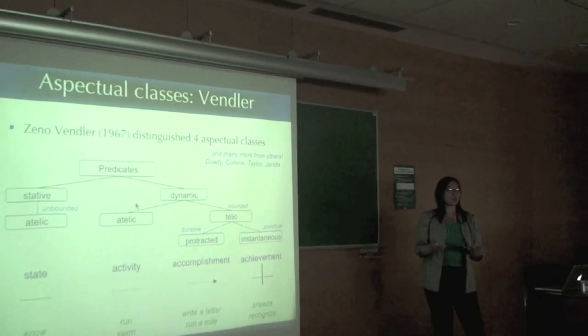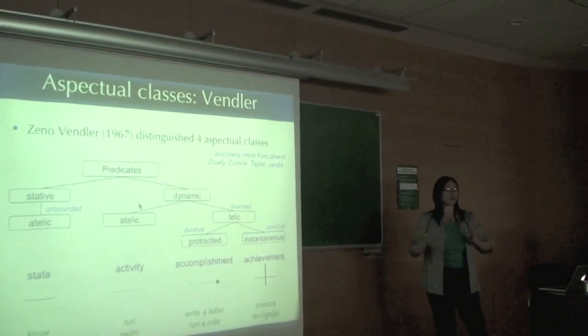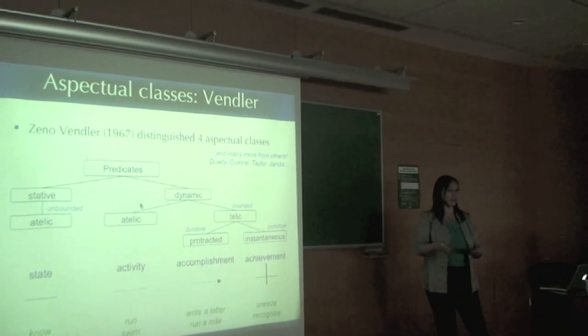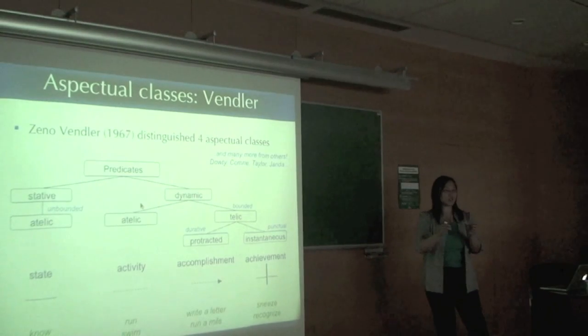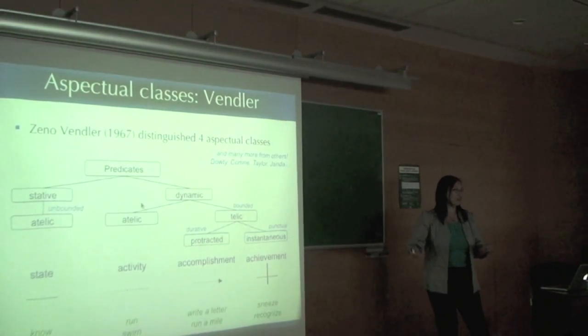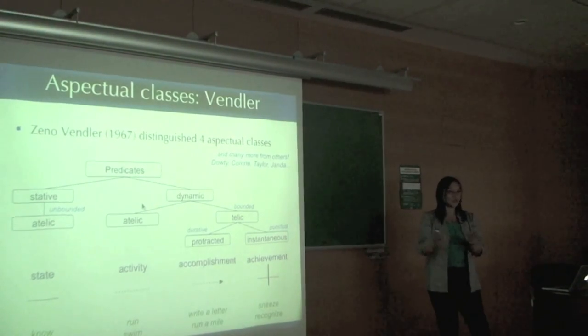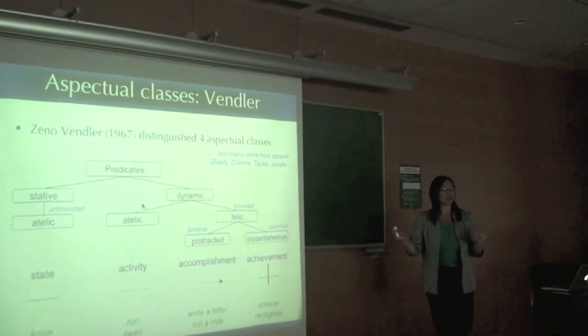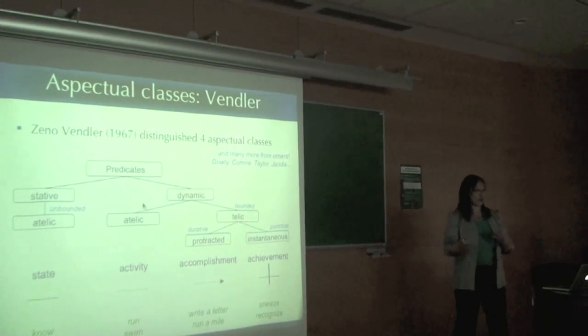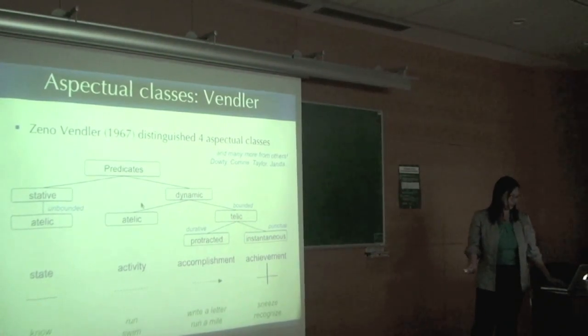And I say this kind of vaguely because honestly the field of aspectology is full of terminology and people all use their terms in slightly different ways. And so for some of them they're binary features, it's true or false. Some of them there's some inheritance thing going on, some of them are some kind of scale. So the point is that it clearly indicates at the very least a very rich topic, full of potential disagreement and let's hope eventual consensus, but we'll see about that.